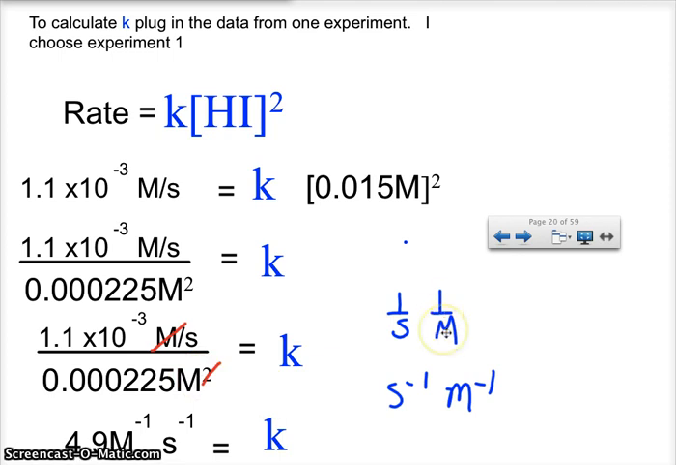I want to remind you that another way to represent 1 over s is s to the negative 1, and another way to represent 1 over molarity is M to the negative 1. So there you have it. You've calculated the specific rate constant k, and you've also calculated the order. All right,